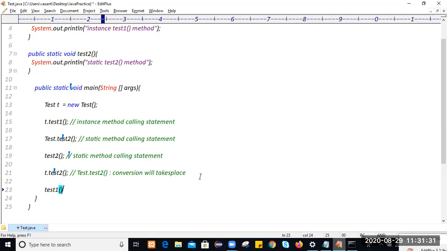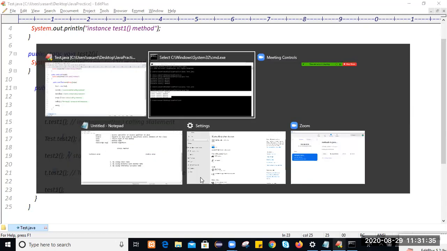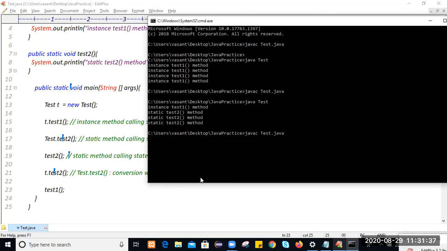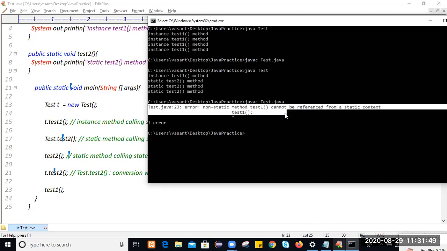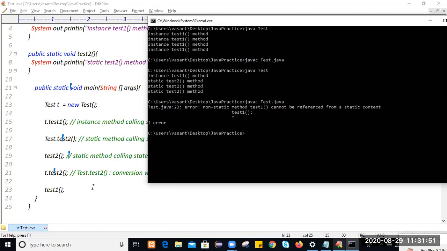You see, test1. If you call an instance method from static area directly, when you compile your Java application, during compilation time, you will get an error. It will say at line number 23 in Test.java you are having this issue. What is the issue?